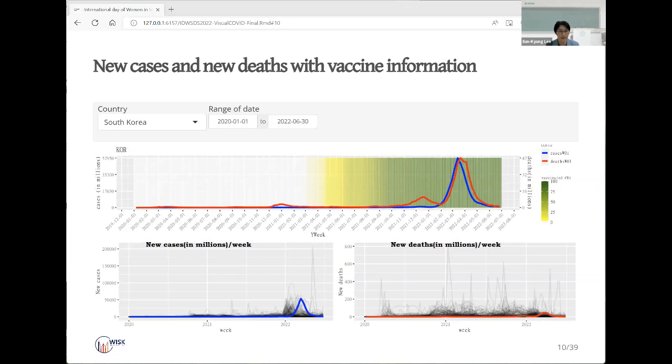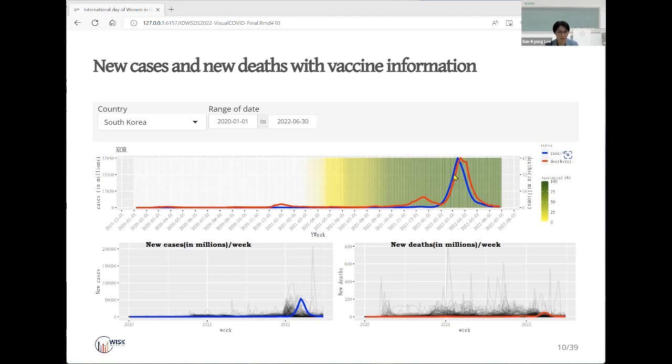To explore the cases and deaths with the percentage of vaccinated people, we draw this plot. This is for South Korea, and the blue line shows the cases and the red line shows the deaths. The gray line here shows the profile of the other countries. The green background shows the percentage of vaccinated people.